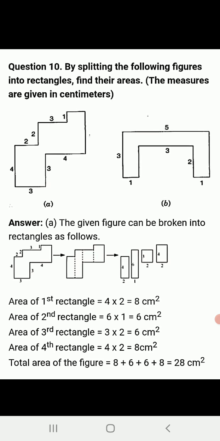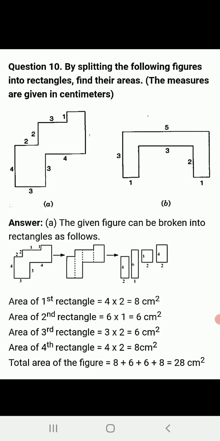Just take the first rectangle which is mentioned under the answer. In the first rectangle, you can see the length is 4, breadth is 2. So 4 twos are 8 centimeters square. In the second rectangle, 6 into 1, so 6 centimeters square. Third rectangle, 3 twos are 6 centimeters square. Fourth rectangle, 4 twos are 8 centimeters square. Now, what will be the total area? 8 plus 6 plus 6 plus 8, adding the areas of each different rectangle, and finally the answer is